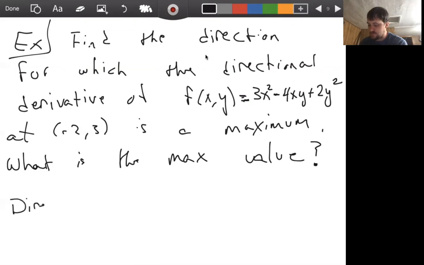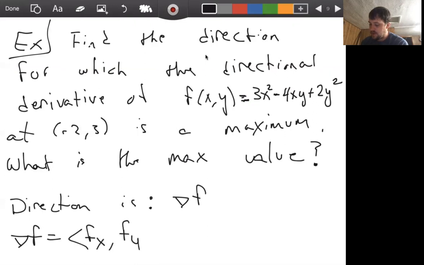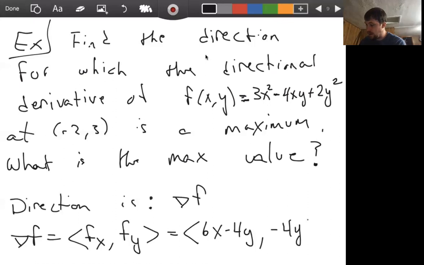The direction is the gradient. And we can calculate the gradient relatively quickly. It's the partial derivative with respect to x as the x component, the partial derivative with respect to y as the y component, which gives us 6x minus 4y, and then, excuse me, I have that backwards, minus 4x